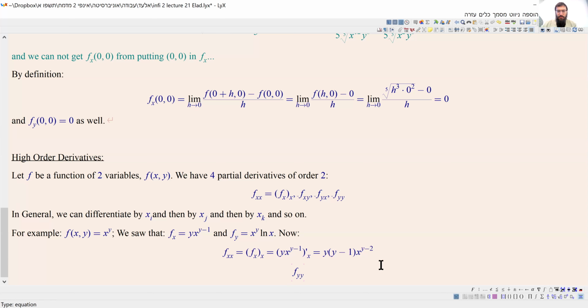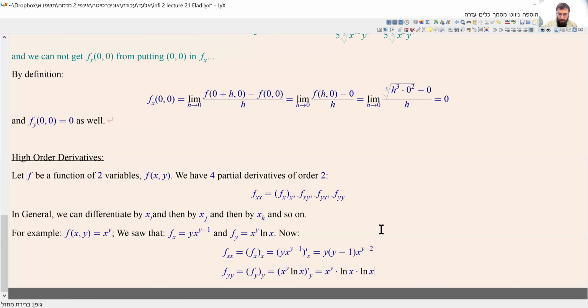And the same goes for fyy. We differentiate fy by y, which is x to the power of y ln x, differentiated by y. Yet again, all the x's are considered constant right now. So another ln x jumps out, because that's how we differentiate an exponential function. Now, for the interesting part,